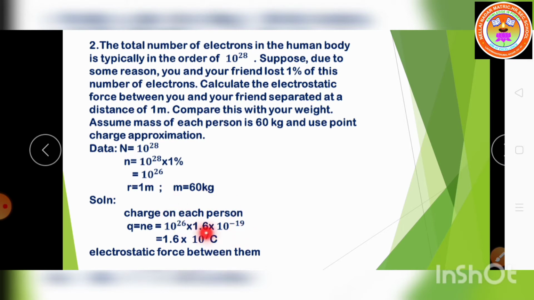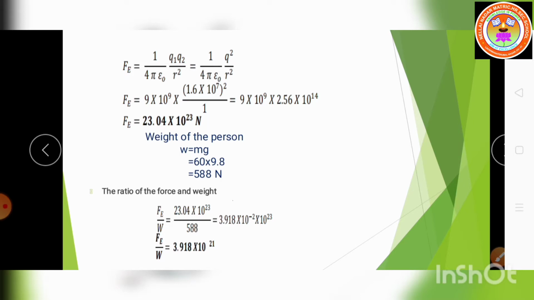So this much charge is present. Now we can calculate the electrostatic force. F is equal to 1 by 4 pi epsilon naught, Q1 Q2 by r square. Here we consider the two charges are equal, that is Q1 is equal to Q2 is equal to Q. So I can write 1 by 4 pi epsilon naught, Q into Q, that is Q square by r square. Now substitute the values. For 1 by 4 pi epsilon naught, you can write 9 into 10 power 9, Q square